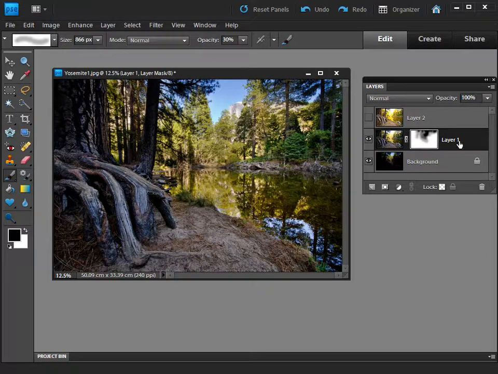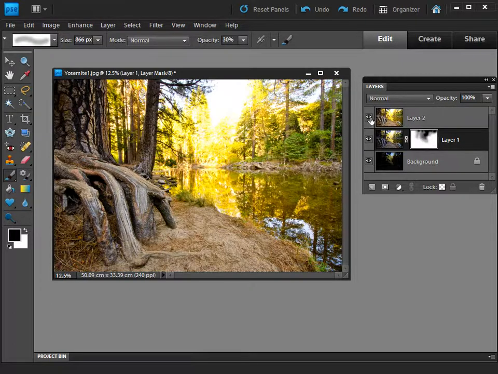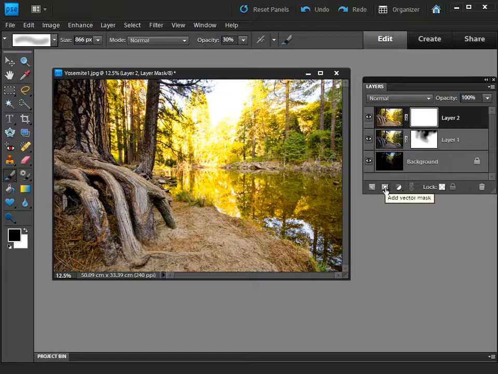And that's pretty much all the masking that we need to do for our first layer there, layer 1, and we can now move on to layer 2, which is the one at the top. So let's turn it back on using the eye icon, and then we can do just the same as before. So we'll click on it to make it active, then we'll add our layer mask, and then making sure that our opacity is set up to 100% to start with, we can just start painting over the image to hide